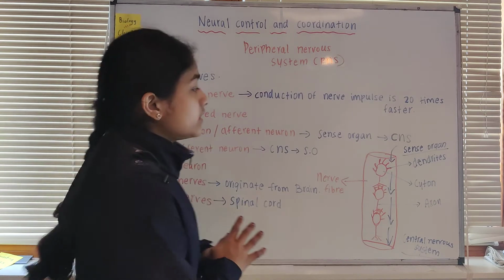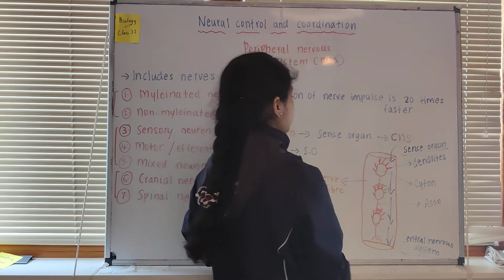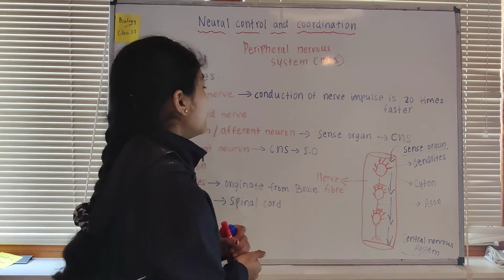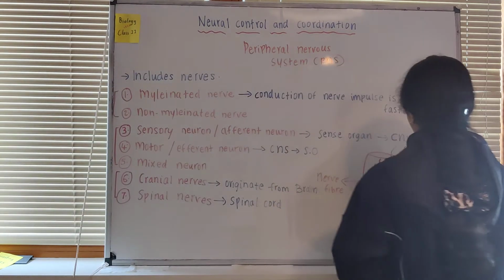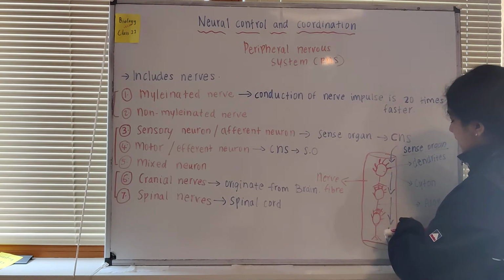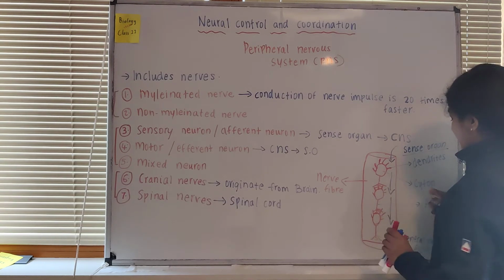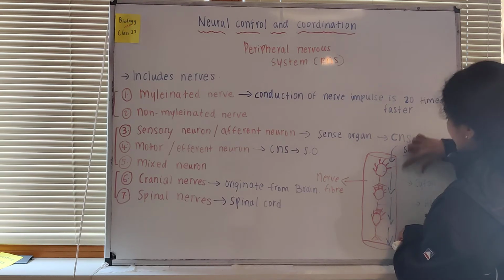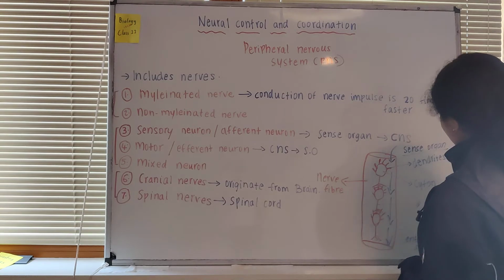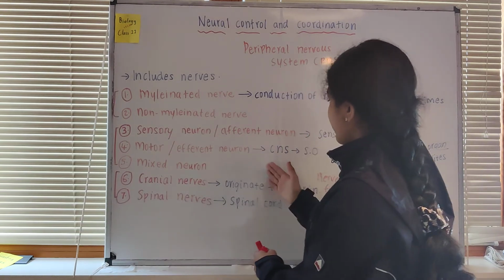So a sensory nerve is where the nerve travels from the sense organ to the CNS. This is an example of the sensory neuron or the sensory nerve. We can also draw it the other way, where here we have the dendrites and then the cyton, and then here we have the axon terminals and synaptic knobs or axon end bulbs. Like that we have it in the other way. Here the nerve impulse travels from the central nervous system to the sense organ. That is an example of the motor or the efferent nerve.